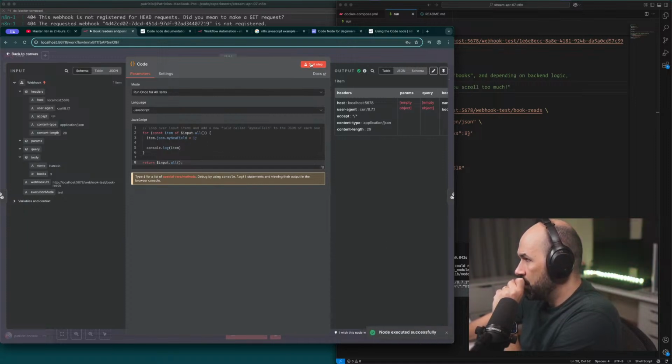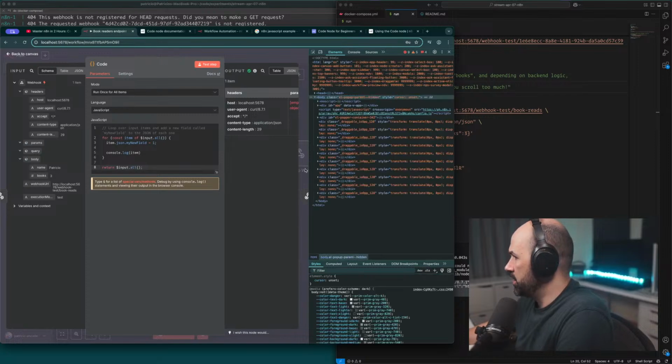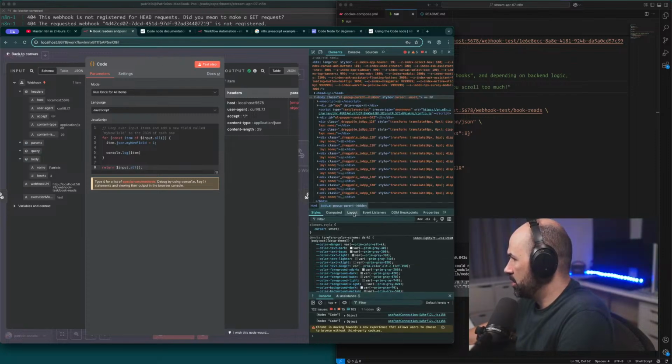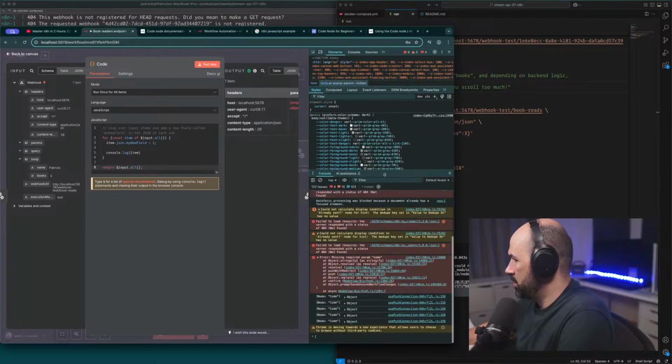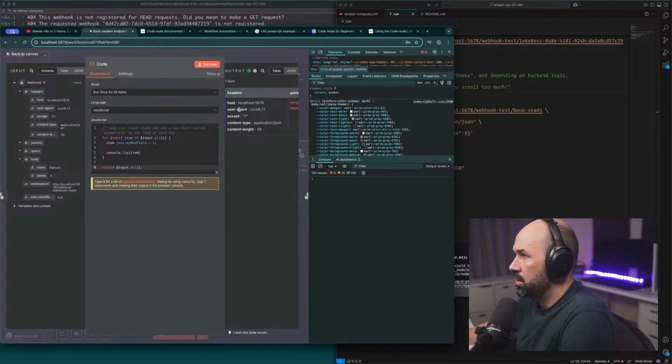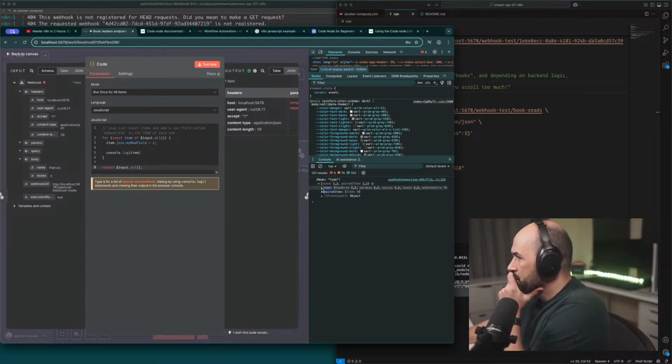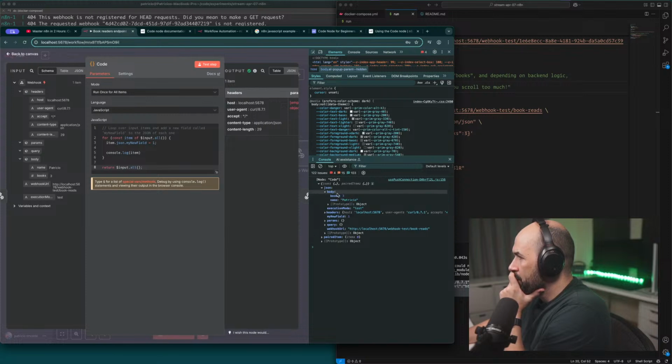Can I see it running? Where do I see the console log? Do I see it in the browser, in the inspector? Really? Maybe. Why not? Right? And we do. So JSON, paired item, body,